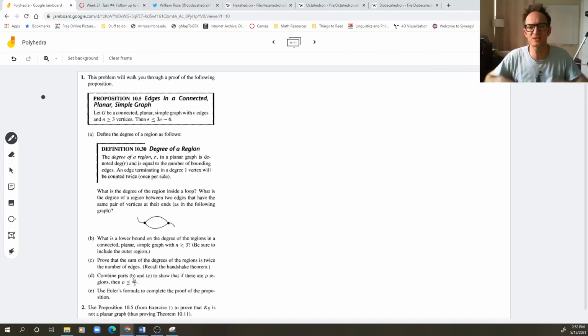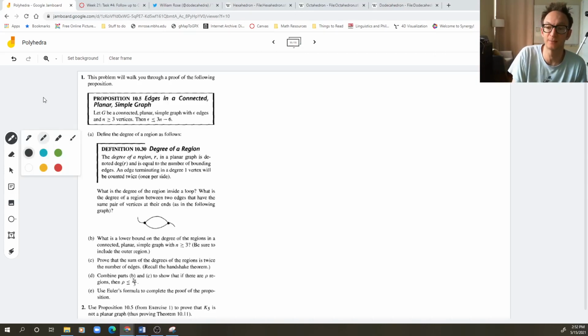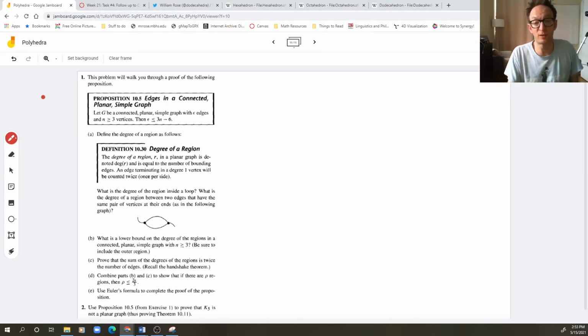So, wouldn't it be nice to have some more algebraic properties of a graph that I could use to get a better hold on when a graph is not planar? And this is what this theorem is. This theorem is saying, look, if your graph is planar, simple, and connected, then here is an absolute fact about the relationship between the number of edges and the number of vertices. The way to think about this is, if you give me, like, 10 vertices,